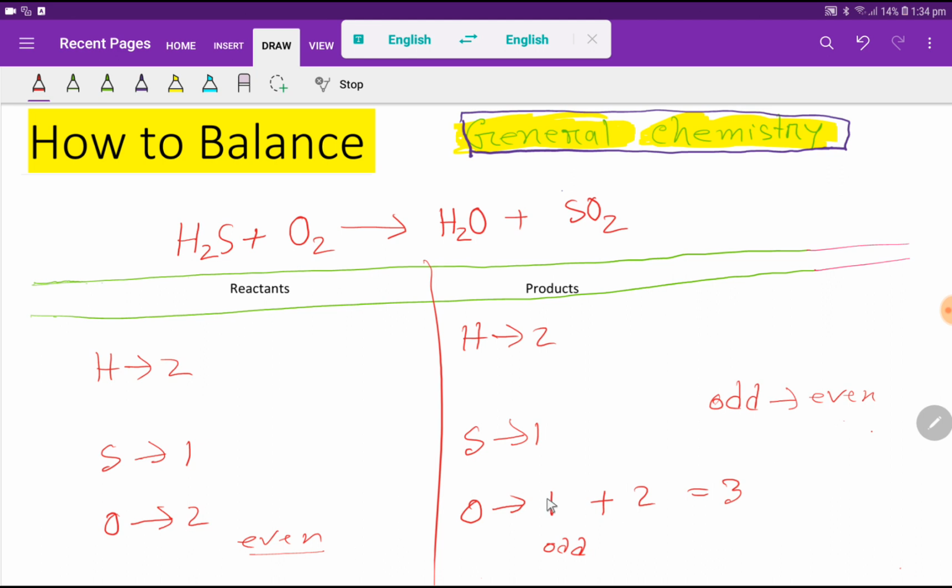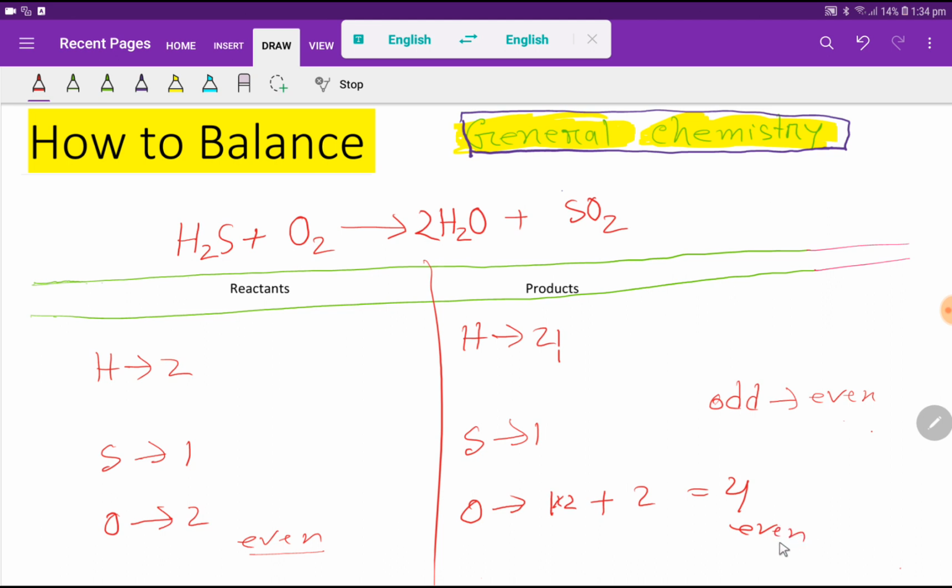Look, this one has come from here, right? This water. So if I multiply here by 2, right, then this will give us 2. So these two must come before this oxygen, that is here. So if I place here 2, the number of hydrogen will be 4. So let me update the number of hydrogen. So we are getting here 2 plus 2, that is 4 oxygen, right? Okay, 4 oxygen. Look, this is an even, right? This 4 is an even. Now it will be easy for us to balance this reaction.